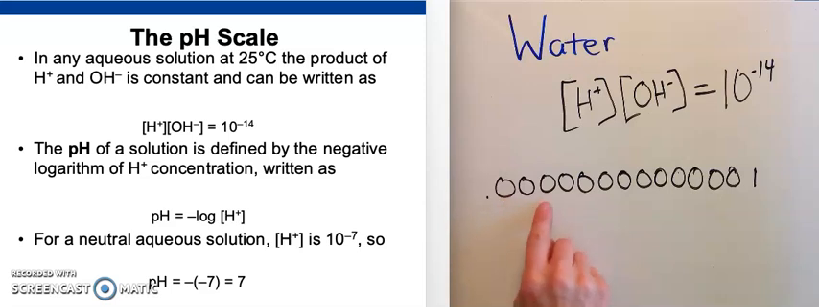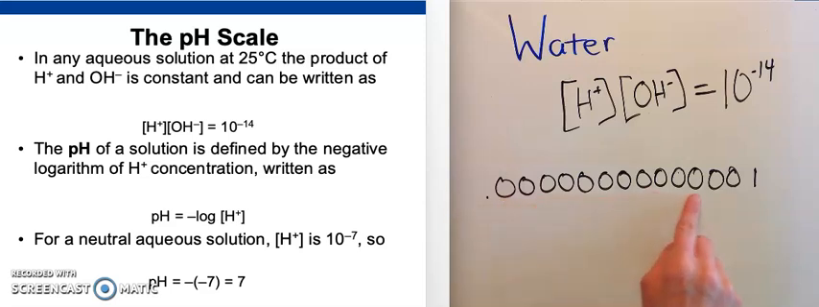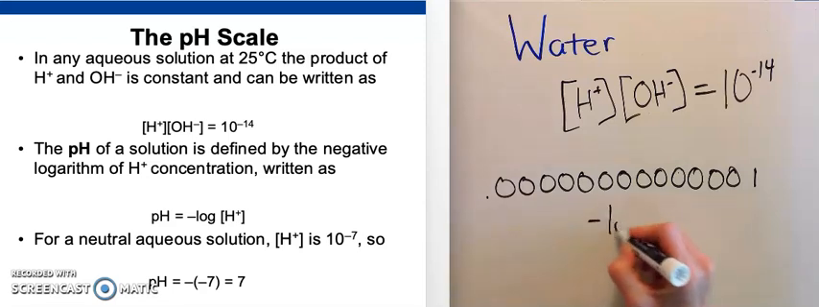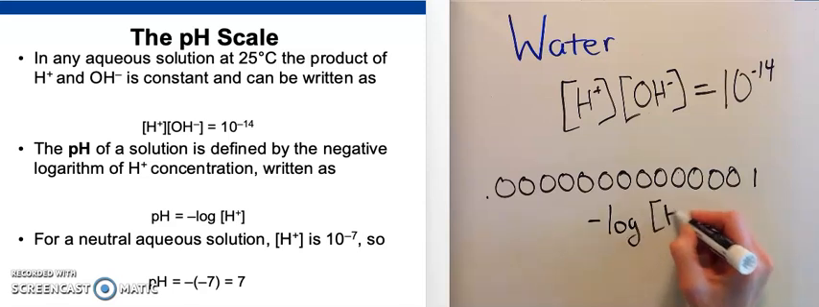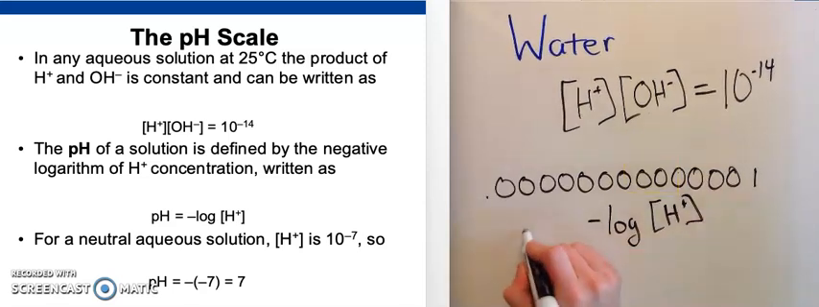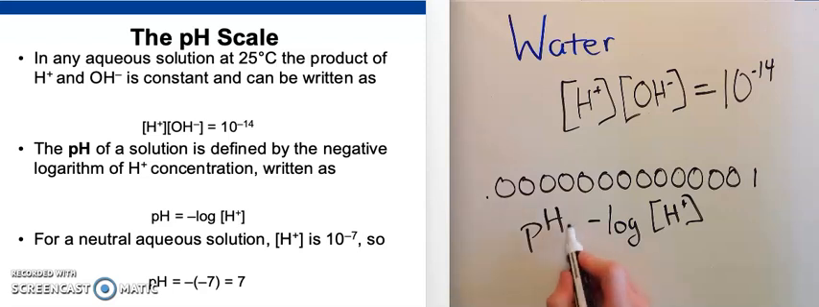It's 0.0000000000000001. So instead of using these really tiny decimals to express the hydrogen ion concentration or the hydroxide ion concentration for water, we use the pH scale. What the pH scale does is take the negative logarithm of the hydrogen ion concentration. So it sounds kind of complicated, but when you punch that into your calculator, what it means is, for example,